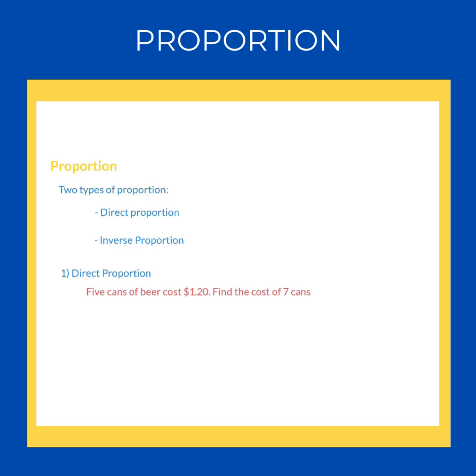Now let's talk about direct proportion. So if I have 5 cans of beer that cost $1.2, I want to find the cost of 7 cans of beer. So always when we are solving questions about proportion, we need to find the value of 1 unit quantity. So here,